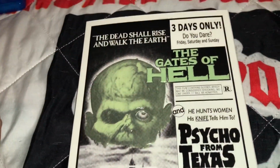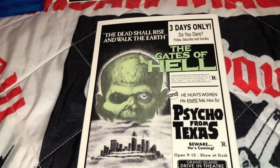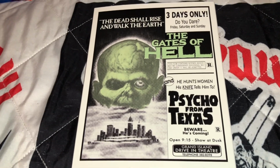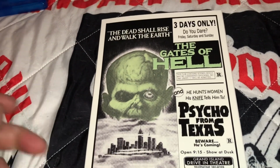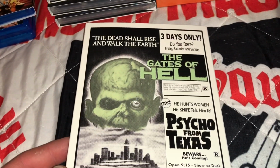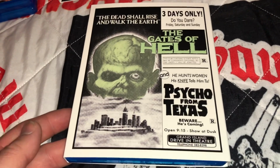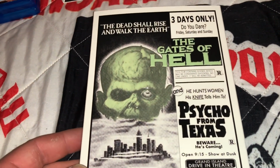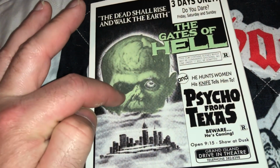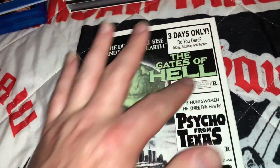The next one is a twin billing of The Gates of Hell and Psycho from Texas. And I really love what this cover looks like. It's kind of a throwback advertisement to some of the drive-in films from the 60s or 70s, or even 80s. And I believe this cover also glows in the dark. The zombie is embossed, and it has kind of a rough feel to it, but the slipcover is very glossy